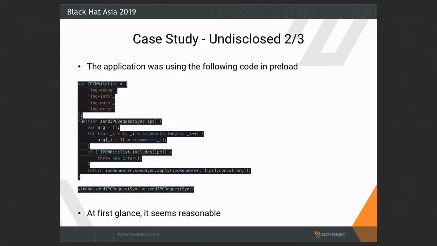And if you look at the preload, we had code similar to this one. It was a little bit refactored with a changed variable name and such, but this was basically the same code that was there. And this is actually trying to prevent the common channels, right? This is exactly trying to prevent the vulnerability that we found on Discord, where you are evaluating what is the channel that the renderer is sending messages to. And it looks good,